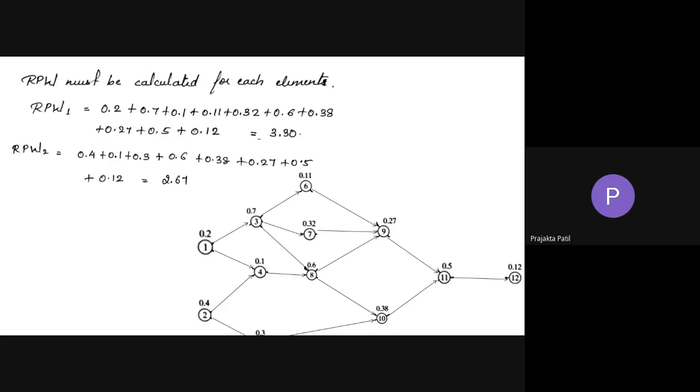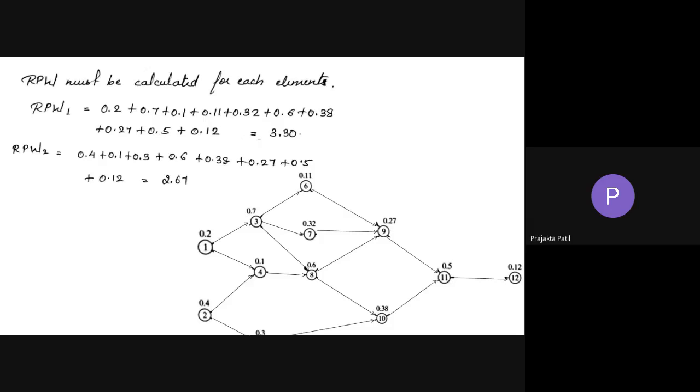Now this is the element 2 that we have here. Okay, you start with this, that is 0.4. To 2 we have 4 connected, we have 5 connected. Do we have 1 connected to 2? No, so you do not consider 0.2 here. So you have 4, you have 3, to 4 there is 8, to 5 there is 10, right?